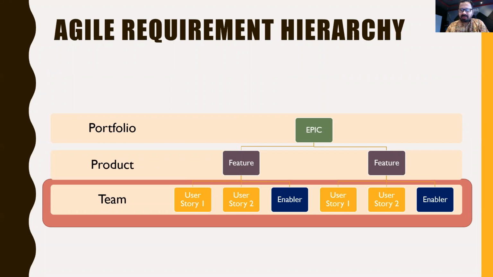So we will begin our conversation with the Agile requirement model in this particular slide. Our focus of discussion today will be at the story level. We already know that there are epics which are broken down into features, and then features are decomposed into stories and could be decomposed into enabler stories. Now the scope of our conversation is going to be in this particular last row. How do we decompose features into stories, as well as split the user stories so that we can get the most benefit out of it?